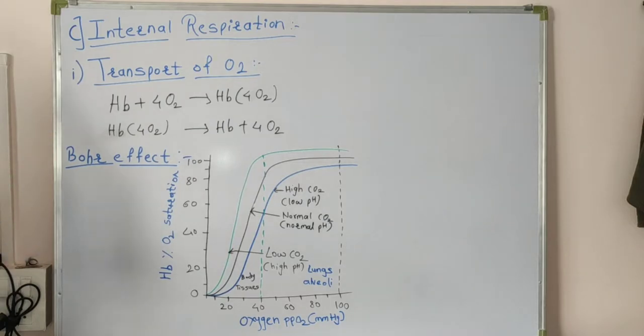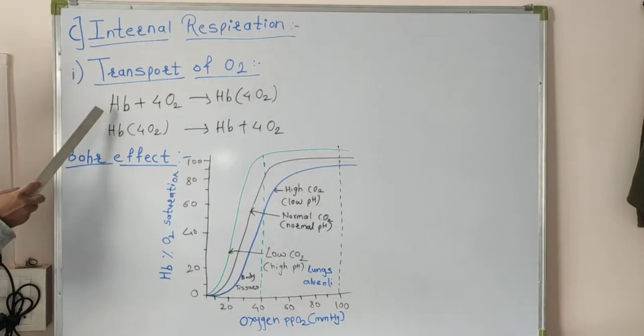When oxygen is transported, at that time only 3% of oxygen gets dissolved and the remaining 97% of oxygen gets attached or bound to the hemoglobin. And we already know that with the help of hemoglobin, oxygen gets transported or carried. That means this hemoglobin is a carrier of oxygen. That means it is a respiratory carrier.